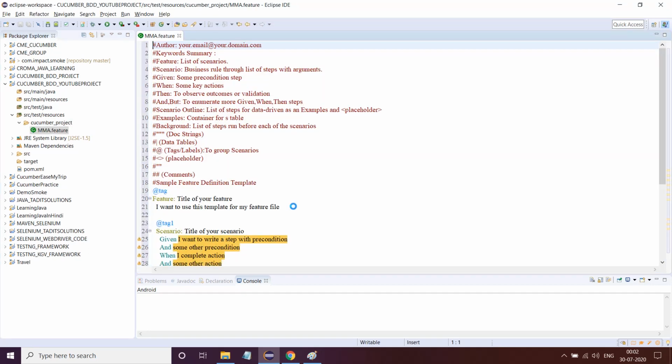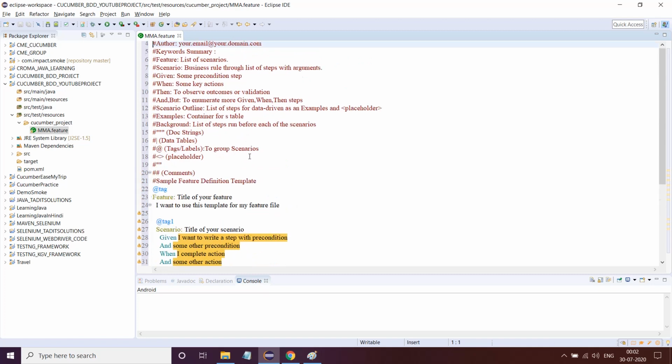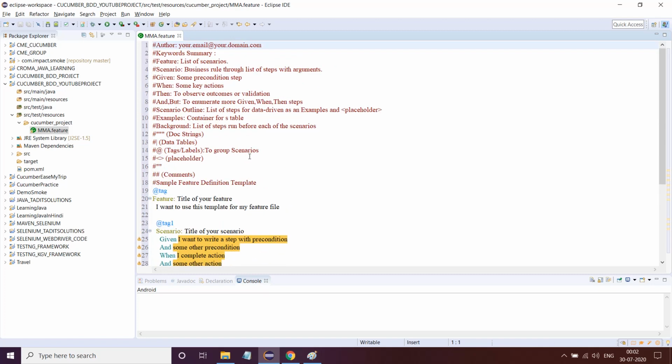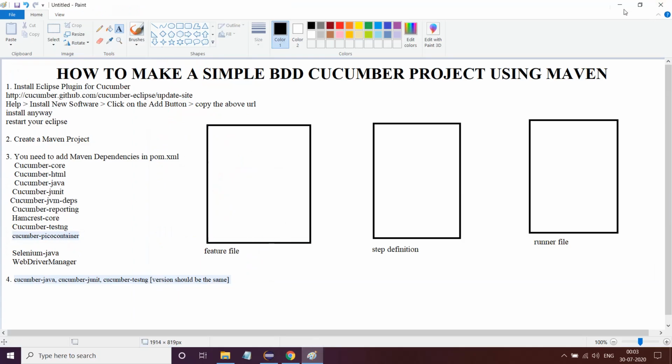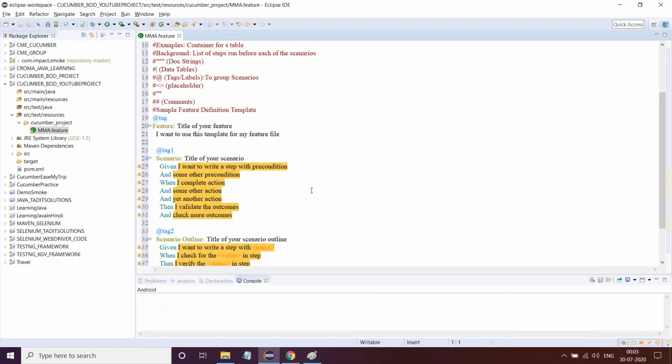Now this is the feature file which is created. Okay. So we will learn a little bit about the feature file. If you remember in the previous video, I told that a feature file is nothing but a simple text file which has simple plain English, okay, wherein we write our test scenarios, and this feature file is generally created under the src test resources folder, and inside that I've created a small package and I've created the feature file here. So I have created the feature file. Now I will actually configure the feature file in a way which is understandable and usable for this particular project. Okay, now let's understand one by one.